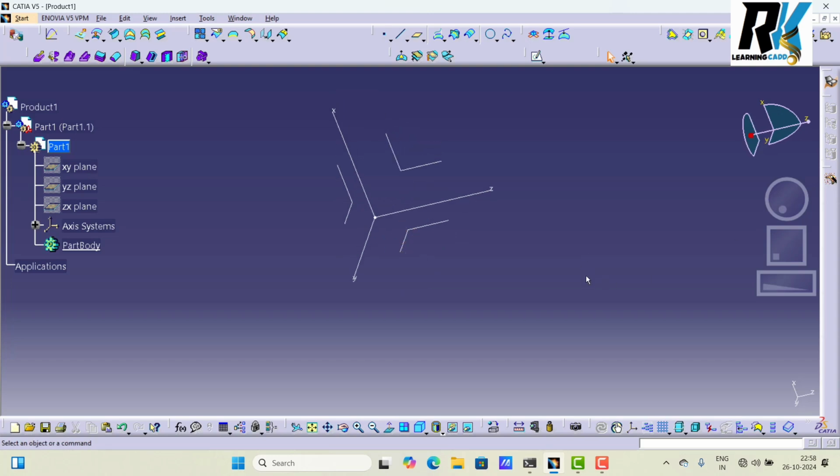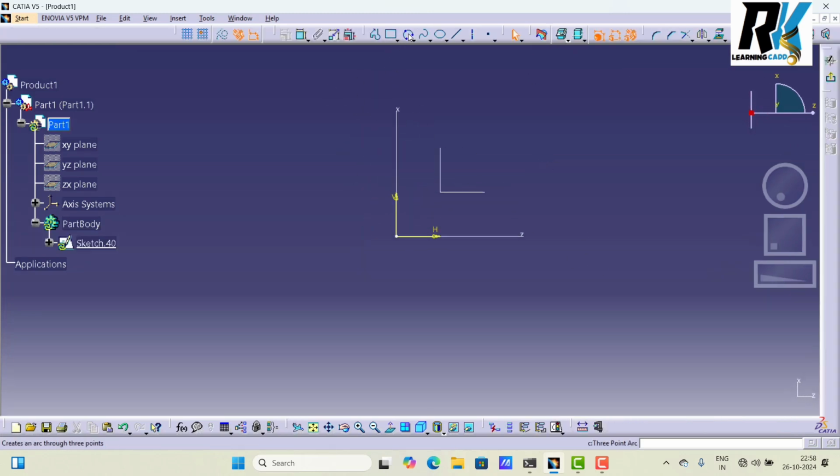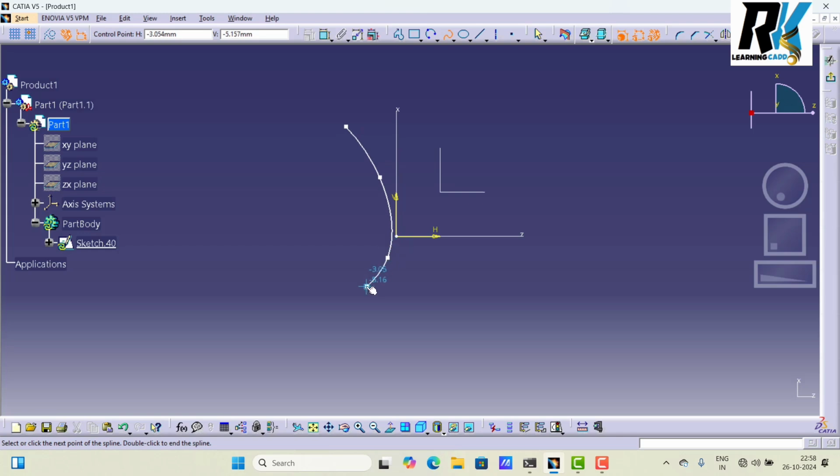So we need surfaces. Select this plane, you just try. I select a spline here and draw one curve this time.